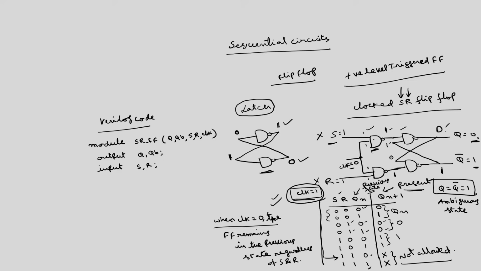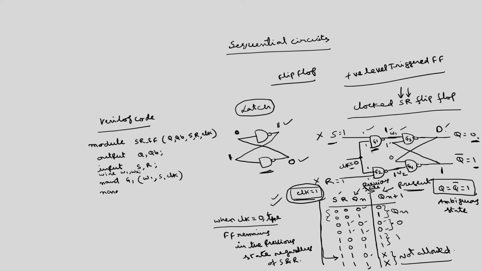Then there are 4 NAND gates. I will call them gate 1, gate 2, gate 3, gate 4. For NAND G1, the output of this NAND gate is a point that is not accessible, so we have to define it as a wire. You call this one wire 1 and this one wire 2. You can define wires W1 and W2. So, the output of the NAND gate G1 is W1, and the inputs are S and clock.